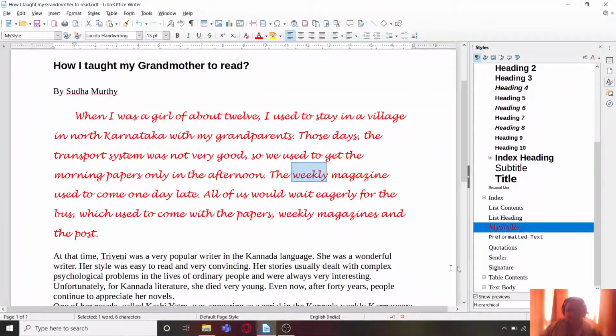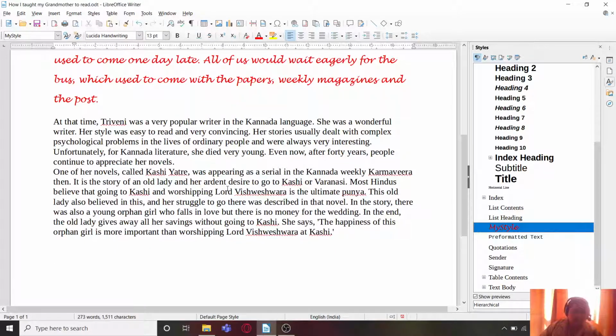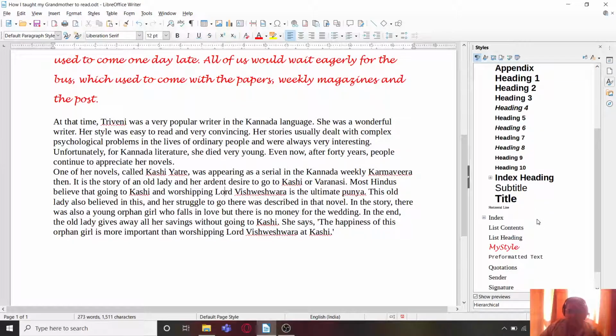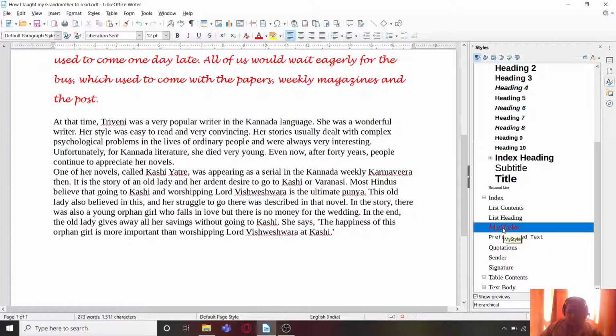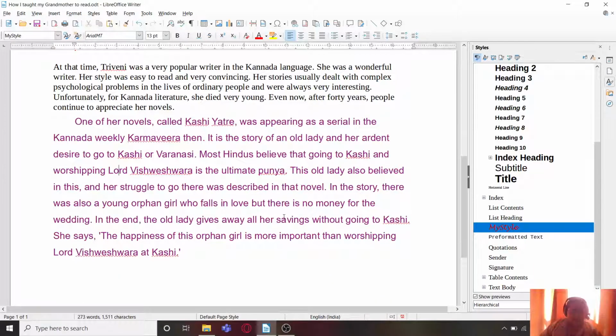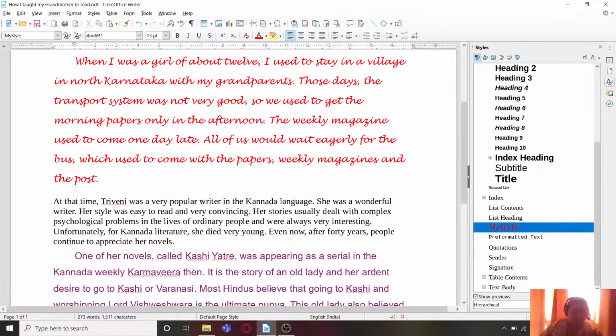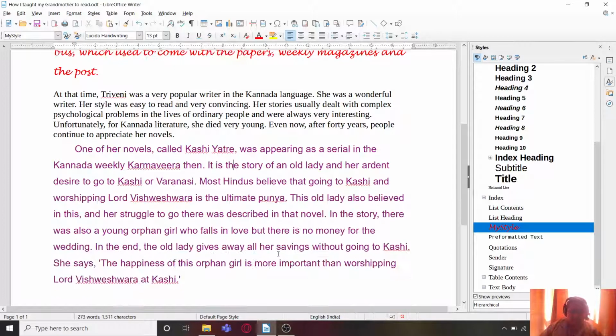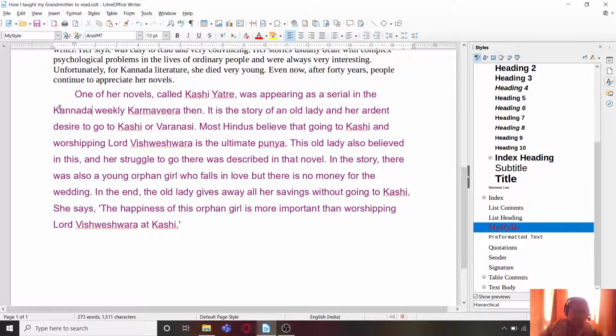In that case, if we remember which formatting effects we have provided to the paragraph, we can simply right click on the style, click on modify and make the necessary changes. Now suppose I place my cursor on the third paragraph and I go to the style deck and double click on My Style. Again we can see that it is taking up some other style, so we need to change it again. The rest of the effects like the indent, line spacing and paragraph spacing have been applied. Only the font is not getting changed.